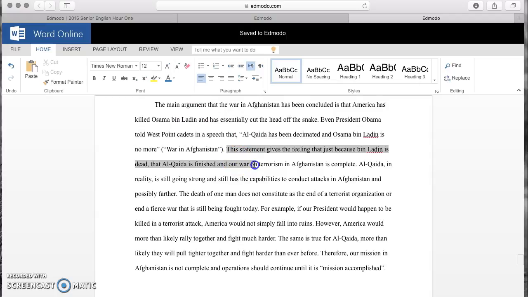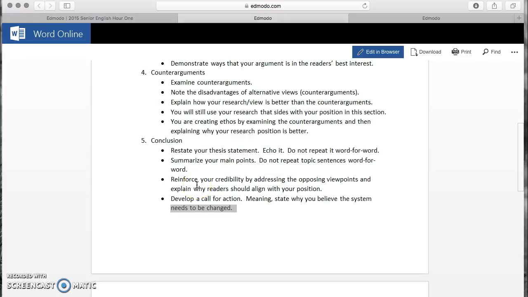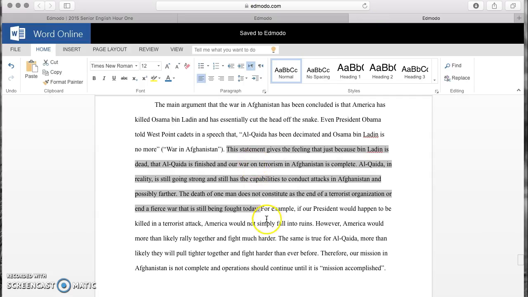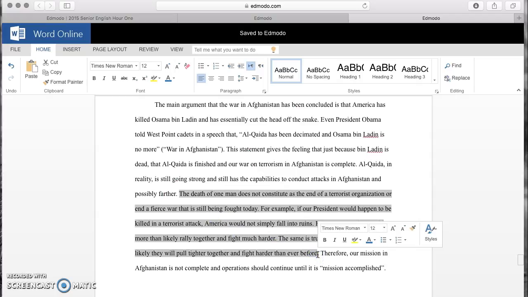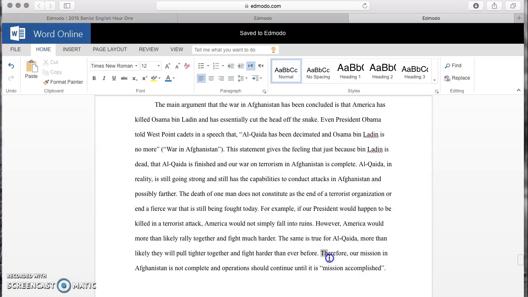He explains it somewhat, but then from there he responds to it. So much like it says here, reinforce your credibility by addressing opposing viewpoints and explain why readers should align to your position. That's what he does in this section of the paper. And then from there, he begins to summarize his main points as well. And then last but certainly not least, he reminds us of his thesis statement. He echoes it. And then from there, he gives us a call for action,